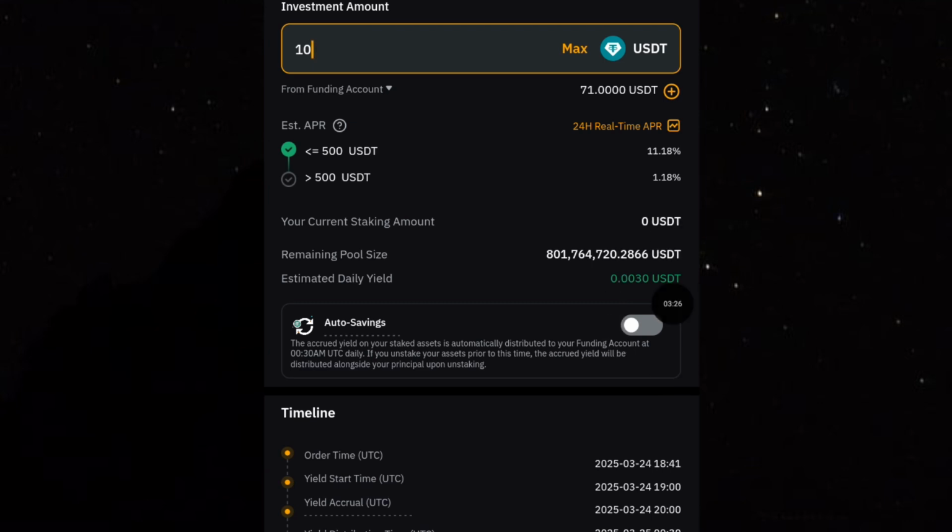Now here you can actually learn about other things. Just forget about this APR, because here if you have less than 500 USDT, you are getting 11%. But then this can change over time. Here if you have greater than 500, it's about 1.18. Okay, so what you just have to do is to click on I've read the agreement and everything, and then you can see